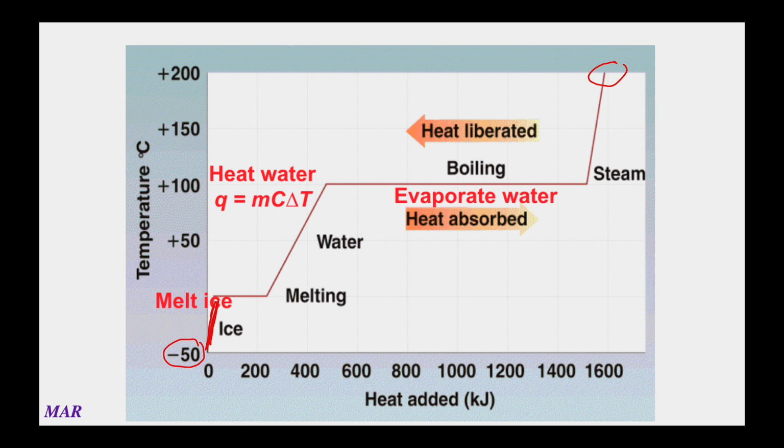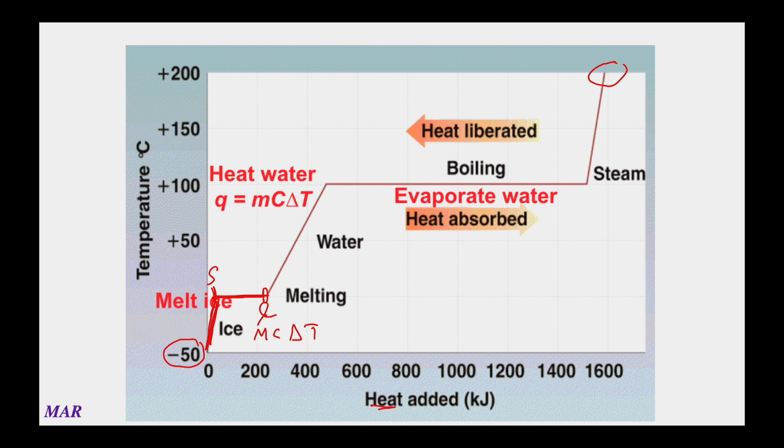And that would be some type of MC delta T transition. On the other hand, there's this flat part right here. You can see on the x-axis, it's a heat and energy axis. If you're melting something, that's a phase change. You're turning the solid, in this case, into a liquid. It's going to take so much energy, but there's no change in temperature,